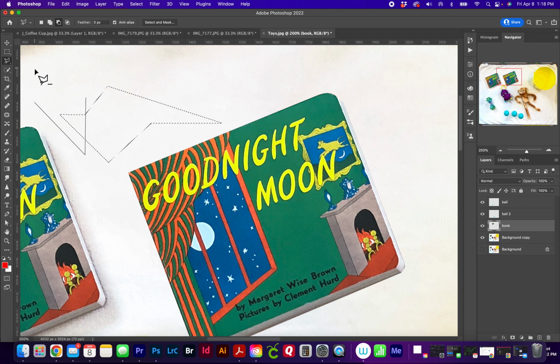If I hold the Shift key down, it will constrain where I can draw my selection line. And still holding the Shift key, I'm going to click and drop one more point and then try to make a perfect triangle. But as you can see, I cannot do that holding the Shift key. So I have to let go of the Shift key in order to meet the point, get that little circle,